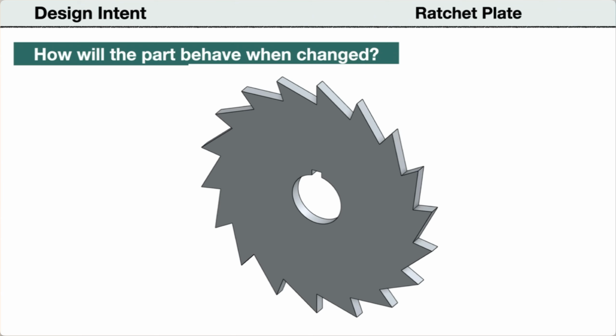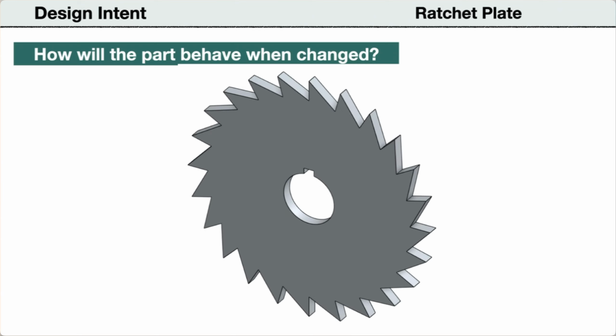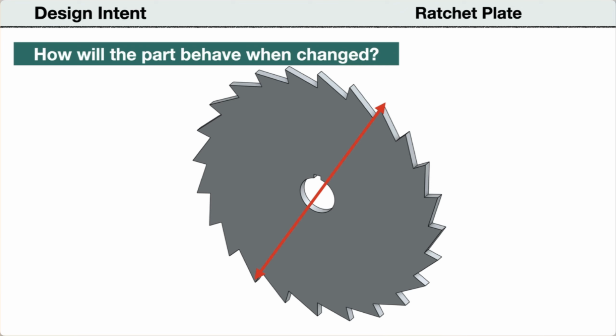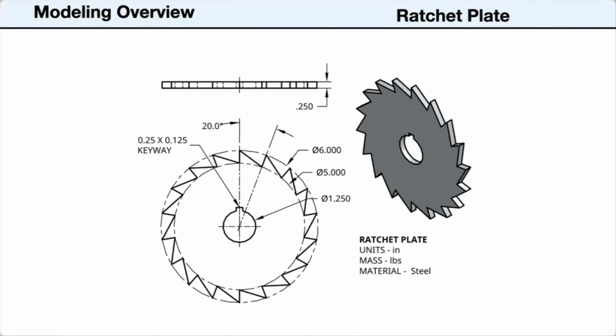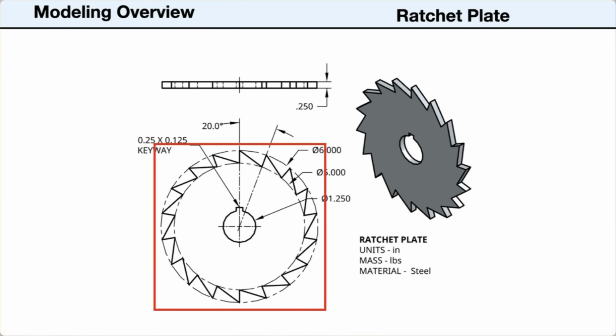So the design intent is to be able to change the number of teeth on the outside of the plate, and change the outside diameter, and have the other features update without errors. Before we model the part in Onshape, let's preview the steps in the modeling process. First, from the drawing, we will identify the profile we will use for the base sketch. In this project, the front view defines the overall shape and size, so we will use it for the base